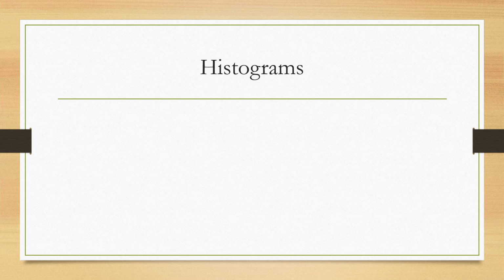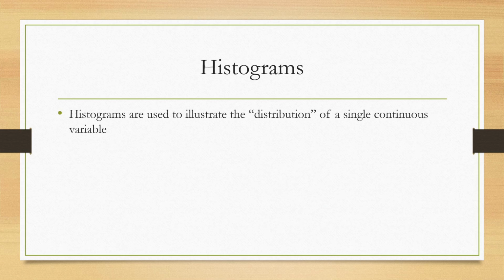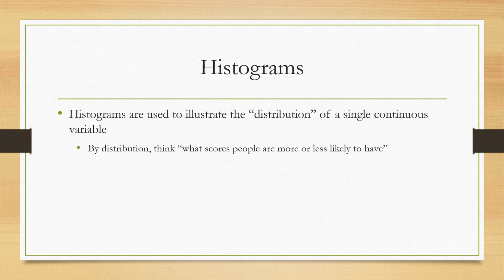All right, histograms. In their base form, histograms are used to show the distribution of a single continuous variable. And by distribution, just think, which of the scores are people most likely to have? Let's use an example of age. Age is continuous. You can have any age in a certain range. And for the distribution of age, we're just saying, in our sample or in the group that we're studying,